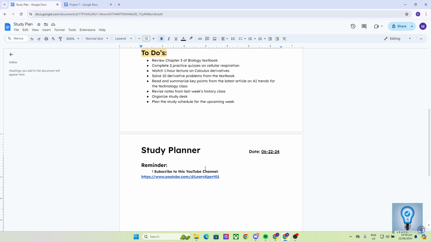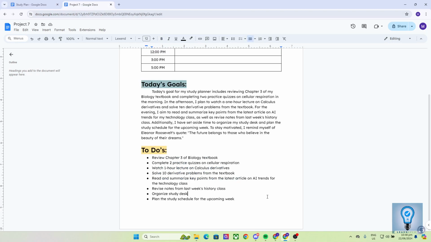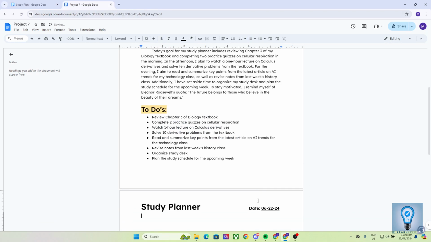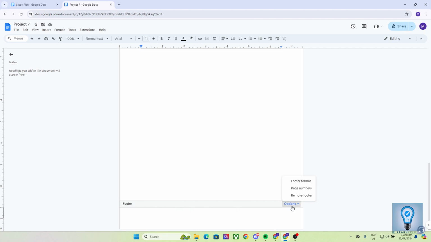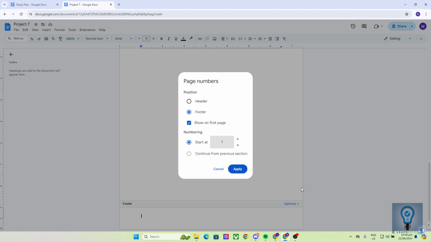Now, let us now learn how you can insert links and images on your Google Docs file. By the way, as you can see, if I enter, it actually shows the header that we have set. And if you want to put a page number, all you have to do is to click on the footer, just like what I've showed you earlier. Click on options and click on page numbers. And from here, you can set if you want to set the position of your page number on the header or in the footer. And if you want to show on the first page,